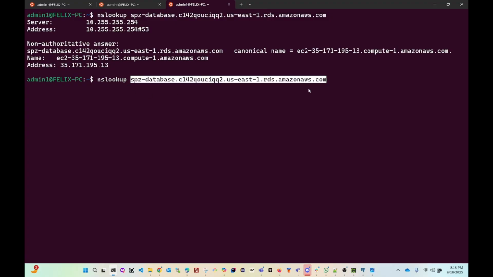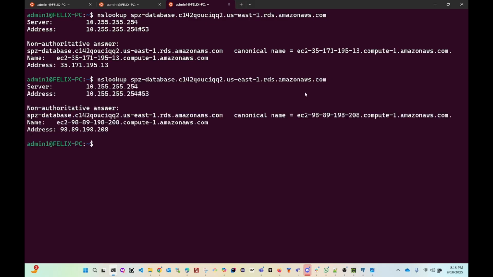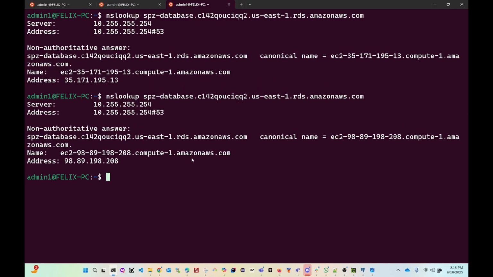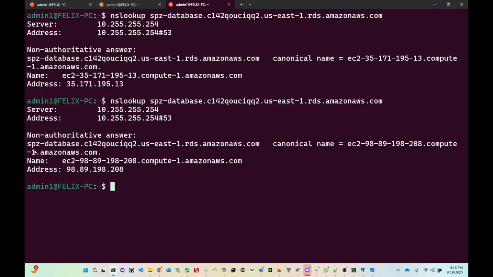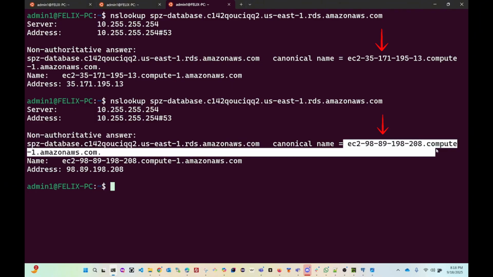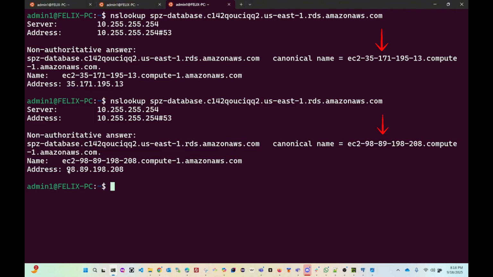When I paste the same endpoint, look at it, it's the same endpoint, QQ2, you can see it here. If I click enter, you can see that it is now pointing toward a different, if I zoom out for you to see it, a different canonical name with a different IP address. You can see the IP address here is 195.13, and the one I have here is